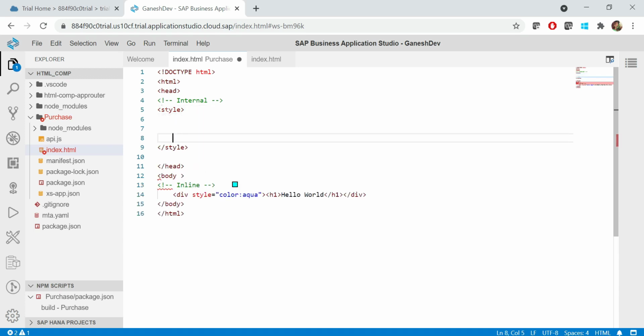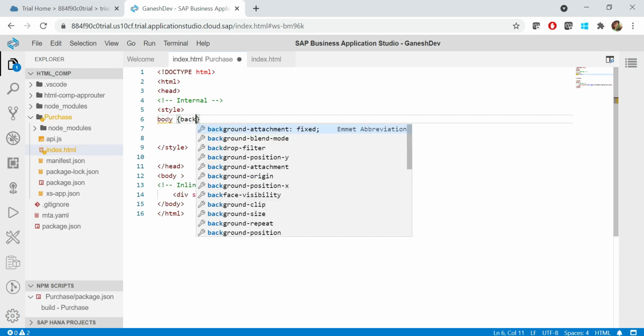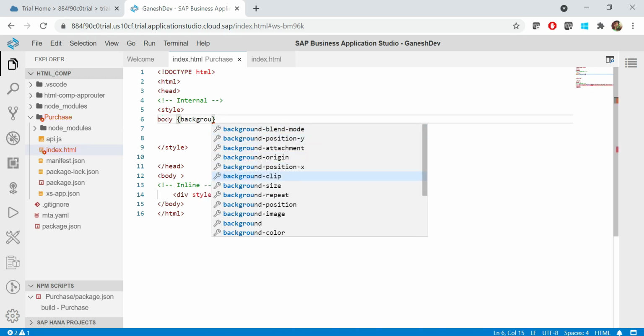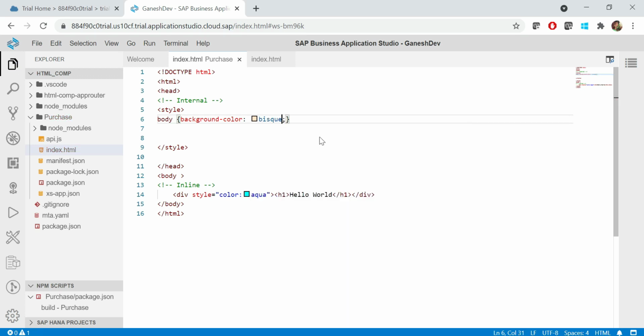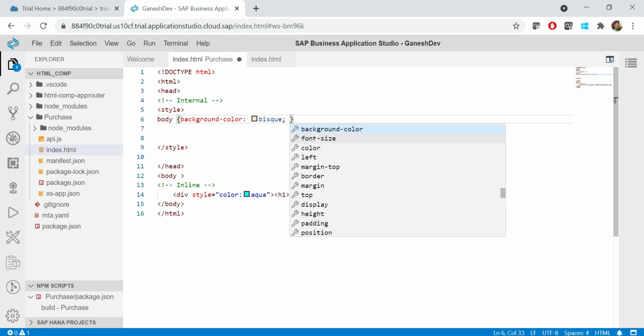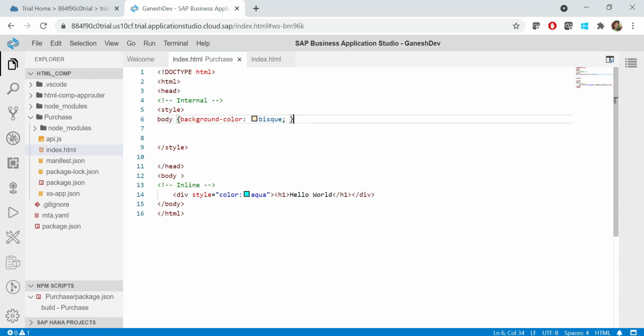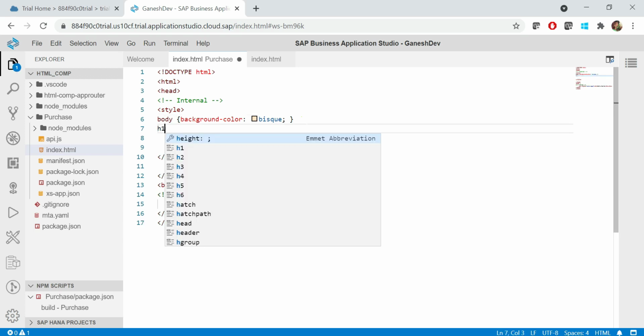for different ones. First one is, suppose, for body. So here, the body tag. For body, I want some styles. I need a background, maybe a background color, some light color. And after that, if you press Ctrl+Space, it will give everything. You want a font size, if you want left, border, everything you have an option. So for body I want this style, and for header 1